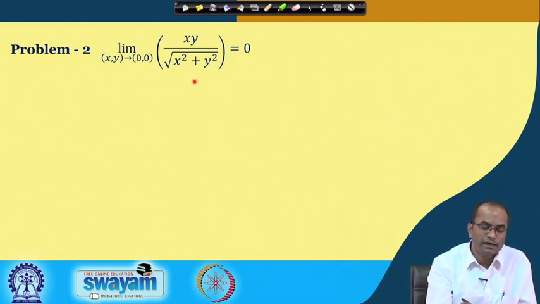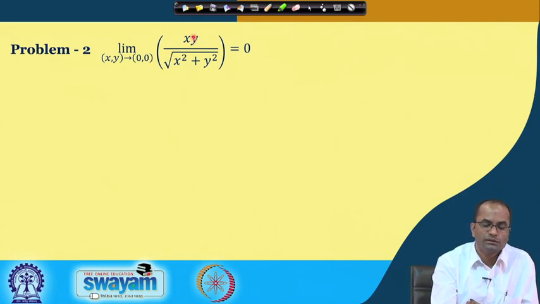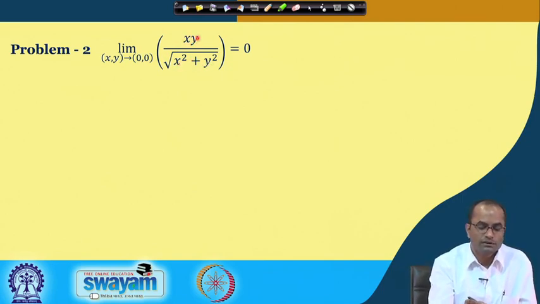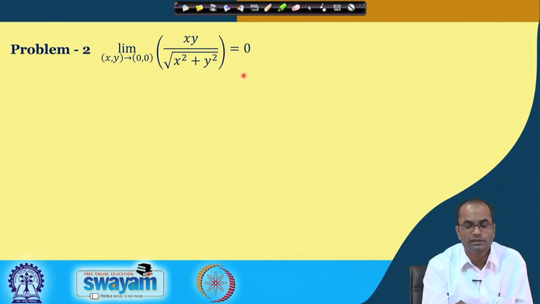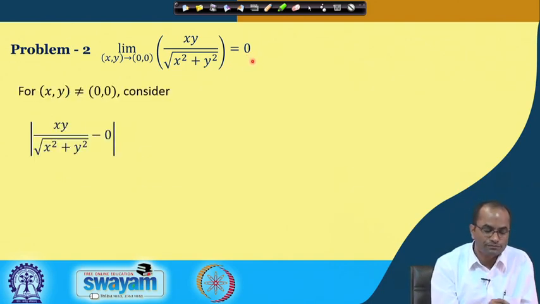We cannot just directly substitute (0,0) here, because this will be like 0 over 0, and there is no such L'Hopital rule which we can apply. In the case of one variable we had the L'Hopital rule, which says that this limit will be equal to the limit of the ratio of the derivatives. But here we cannot substitute the values of x and y directly in this expression. So, we will prove that this limit is 0 using again the epsilon delta approach.